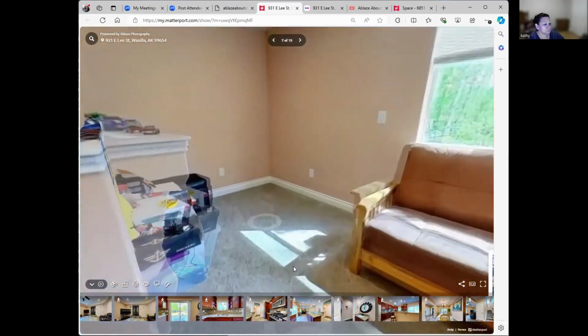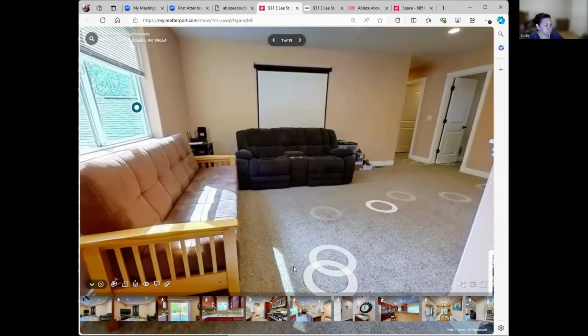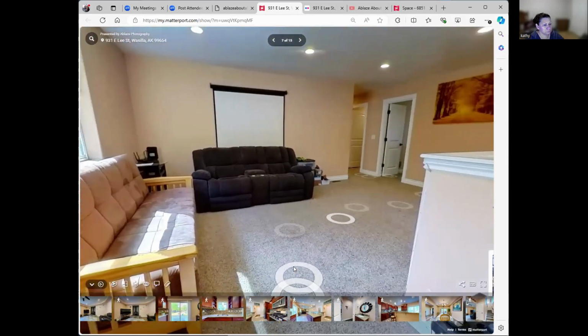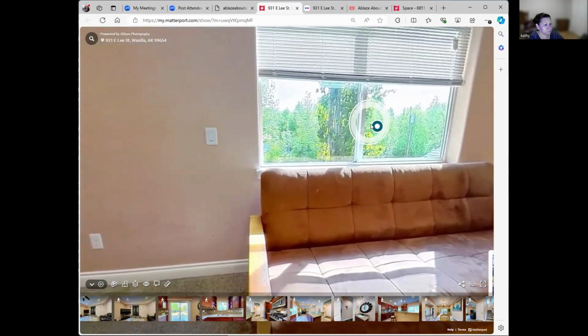Go ahead. I love this loft, like family room. They have a projector screen there. I suppose you could put a movie on that wall or on that projector screen if you choose. Out this window, you can see the